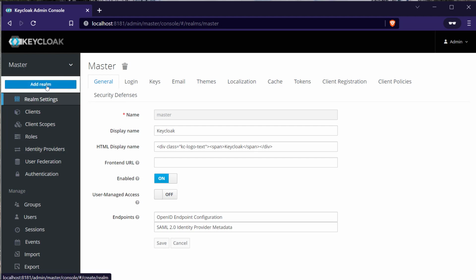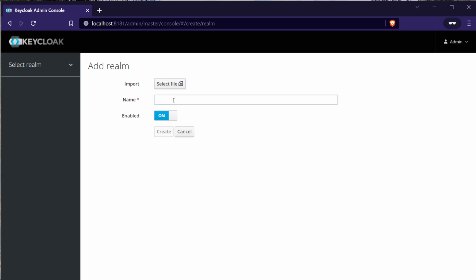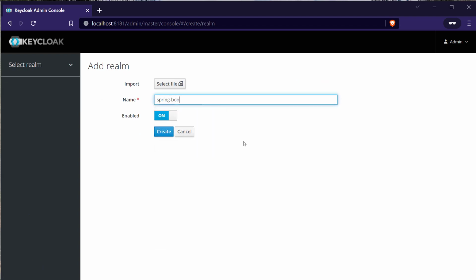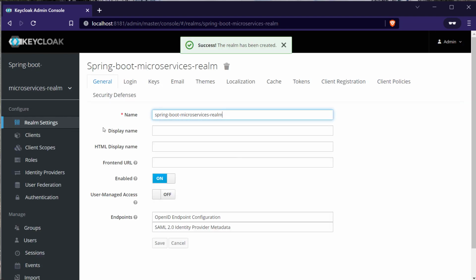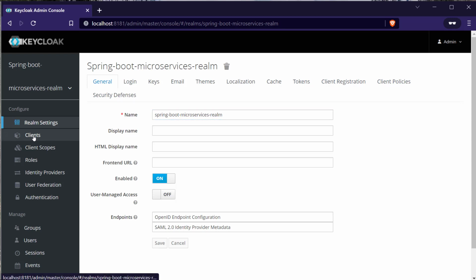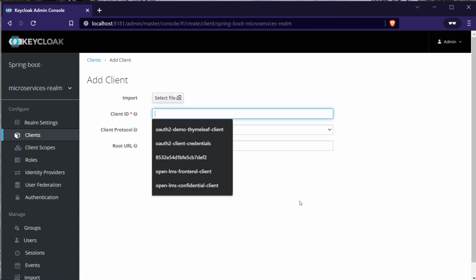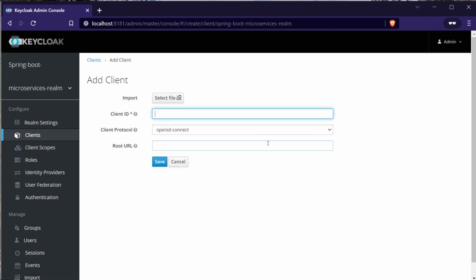So I'm going to click on Add Realm, and I'm going to provide the realm name as Spring Boot Microservices Realm, and click OK. And in this realm, we can create our clients, our OAuth 2 clients. For that, I'm going to click on the Clients section here, and click on the Create button. And in here, I'm going to provide the client ID as spring-cloud-client, and